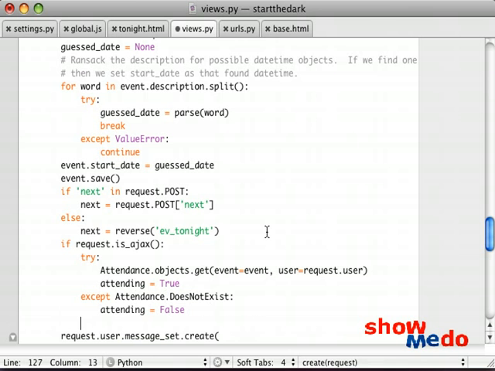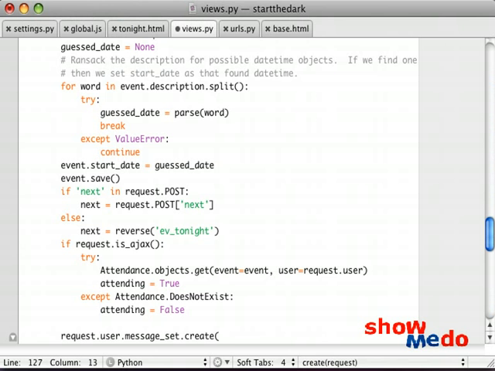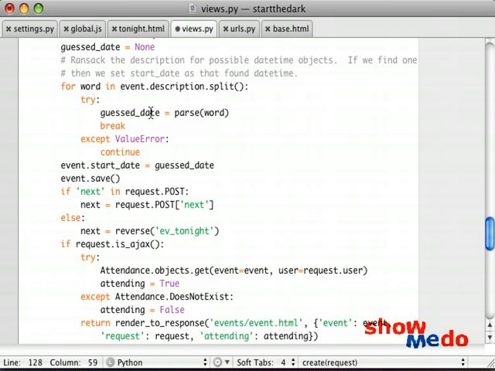And then we're going to just return what we usually return in the template inclusion tag, which is great that we created because we've got a template that just renders this little part right here. And we have to remember to include all the things that that template needs, so we'll do return render to response, and we'll say events, event.html. If you remember, that's the inclusion tag's template name. Event is event, request is request, attending is attending, which we got up here,